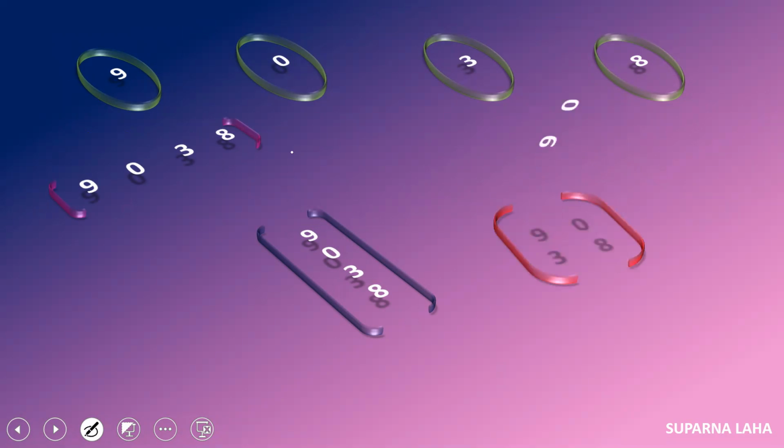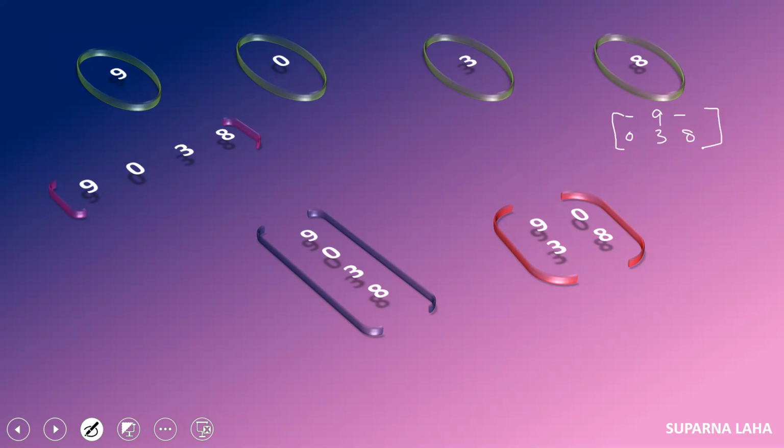And in a row column format, you can divide them into two and two: 9, 0 in the first row and 3, 8 in the second row. You can also write this: in the first row, 9, a blank space, and then 0, 3, 8.